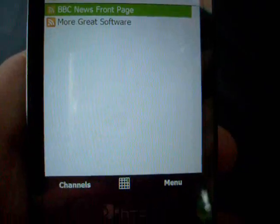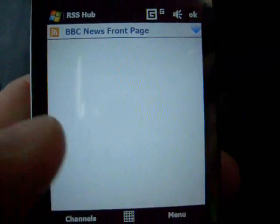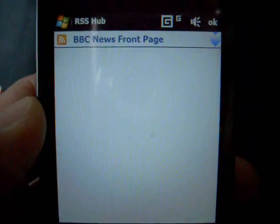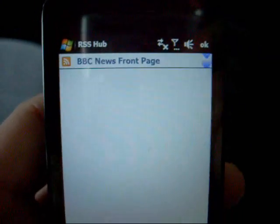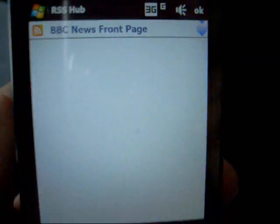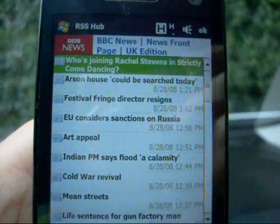BBC News front page, and let's download. I've only got a GPRS connection at the moment, as you can see, and it's rather a weak one, and in fact I've just lost connection, and now we're on 3G and HSDPA. Let's just put it a bit closer. There you go, you can see